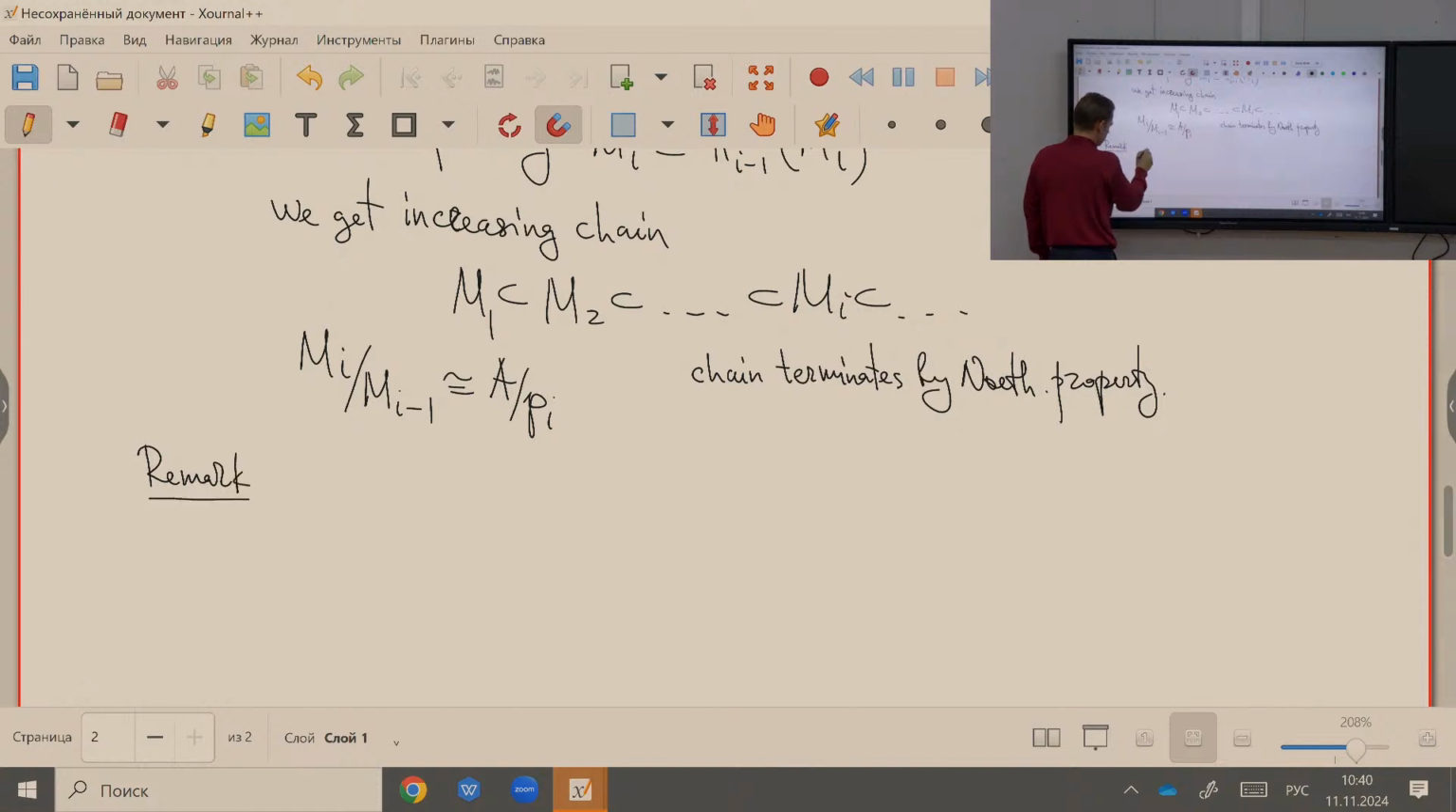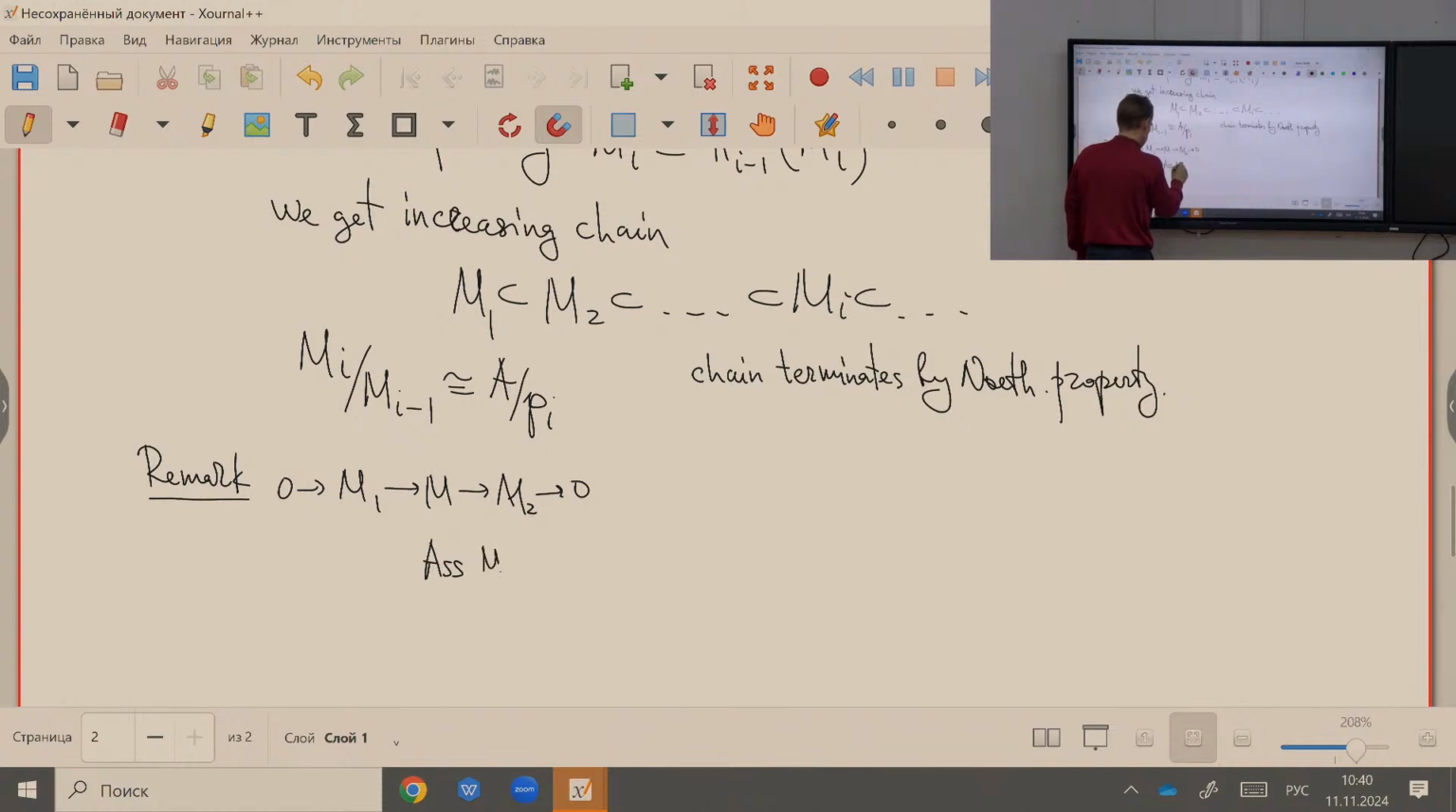that if you have a module and a quotient, so that the set of associated primes of M is contained